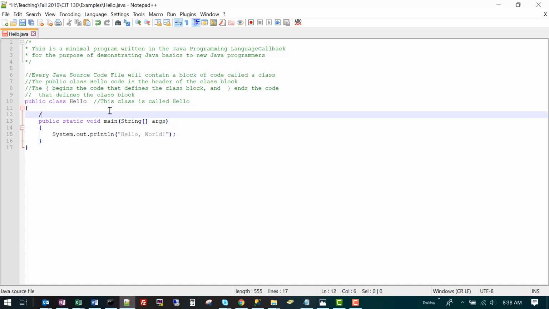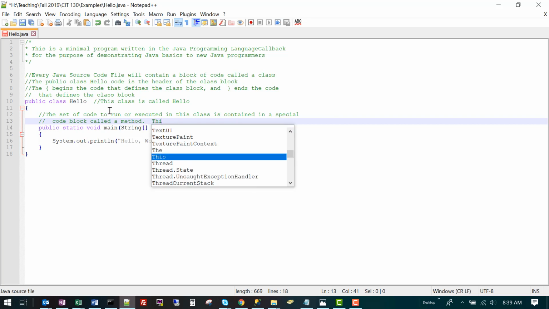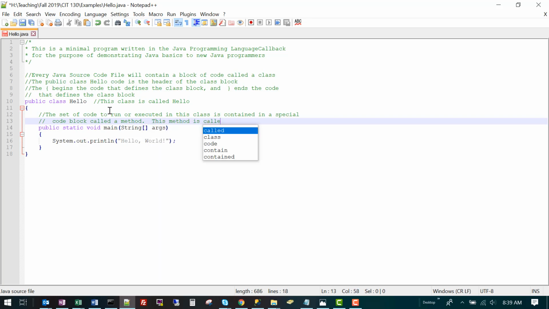So here, I'm going to put another line comment that says the set of code to be run or executed in this class is contained in a special code block called a method. This method is called main.